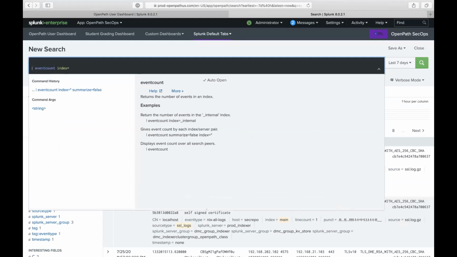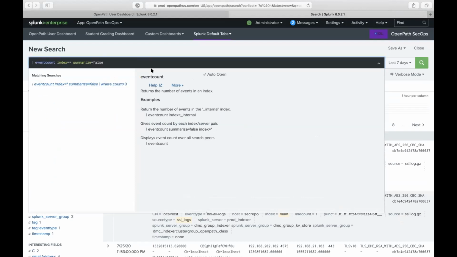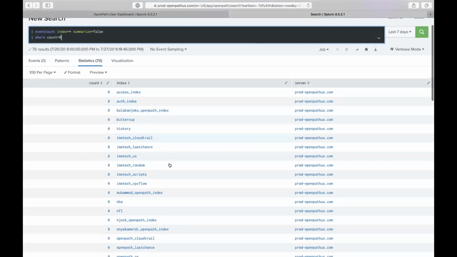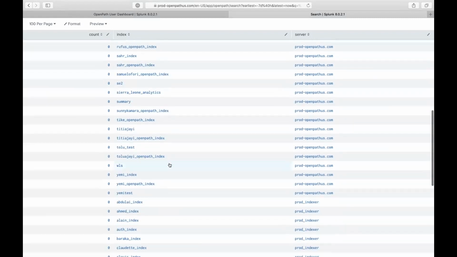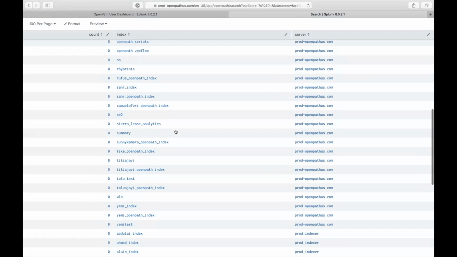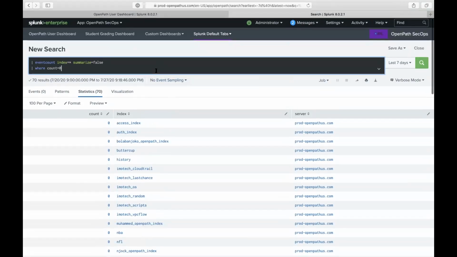Index equals star, summarize equals false, and then we're going to say where count is equal to 0. So you should see that your indexes are created now. So now we're going to search